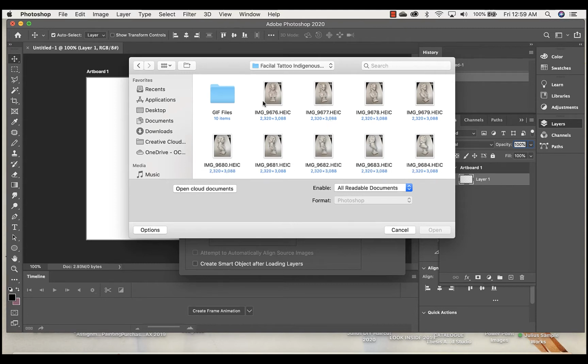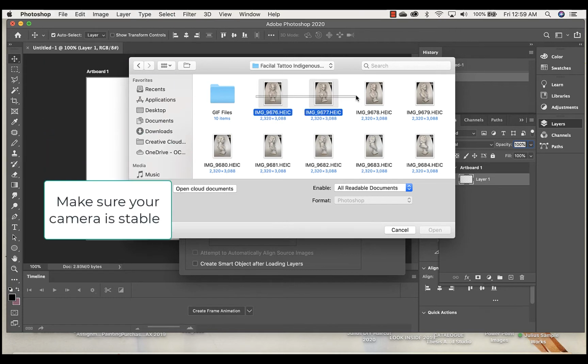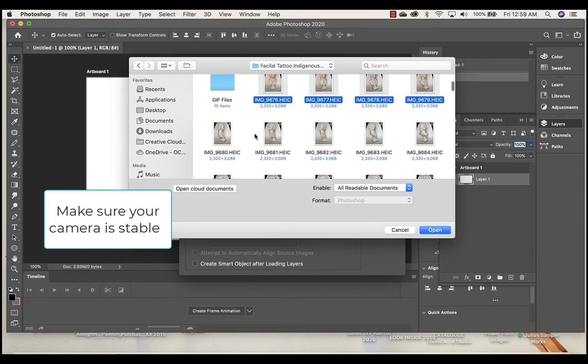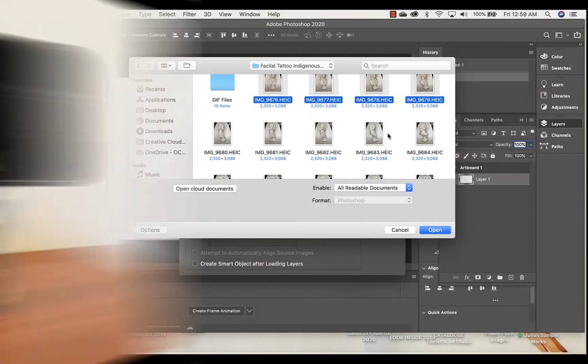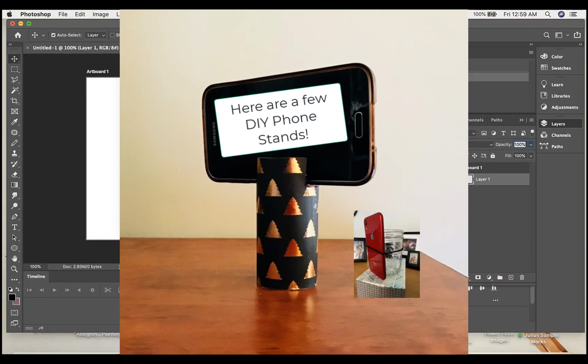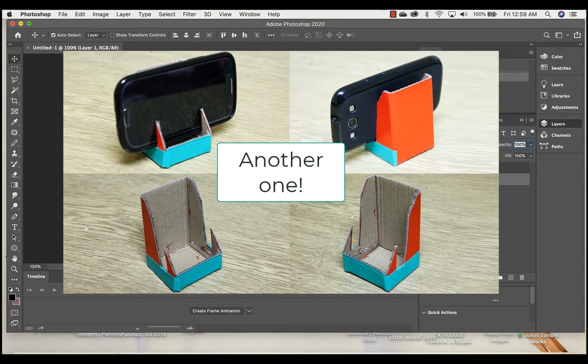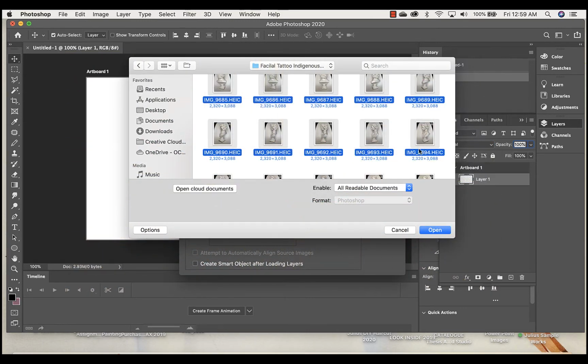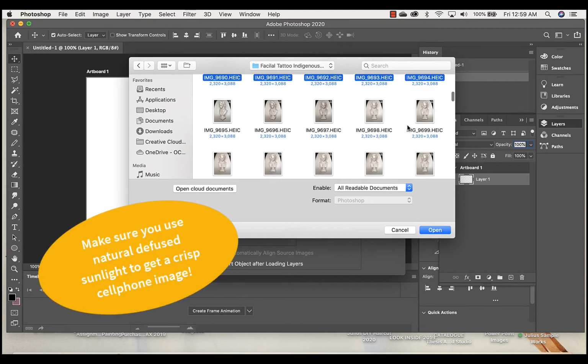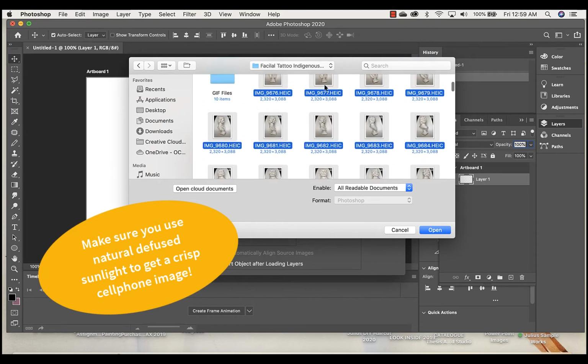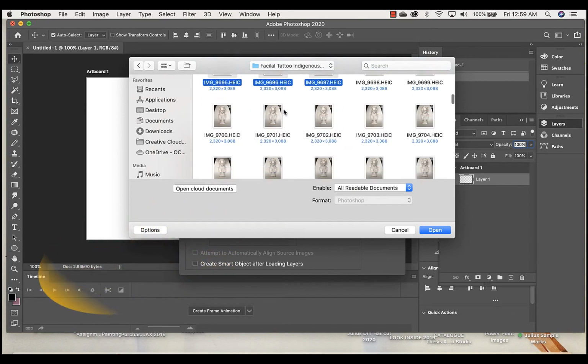These images are pretty still because when I was taking the photo of this bust, I actually placed the cell phone on a tripod. Or you can use a book or an easel or anything that you can support the phone with so the phone doesn't move. All you need to do is move the object little by little and take a photo. So these are the images that I have taken earlier on. What I'm doing is I'm literally just choosing the actual animation that I wanted to use, so it looks like the bust is actually turning around